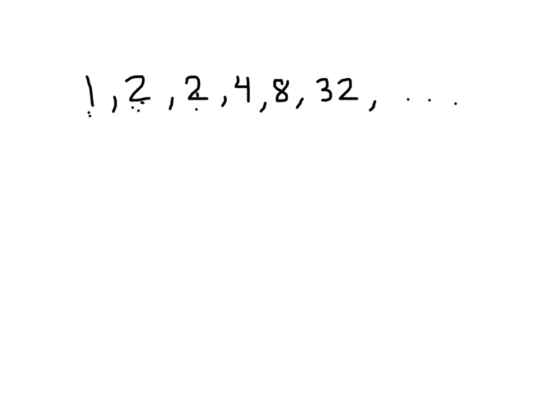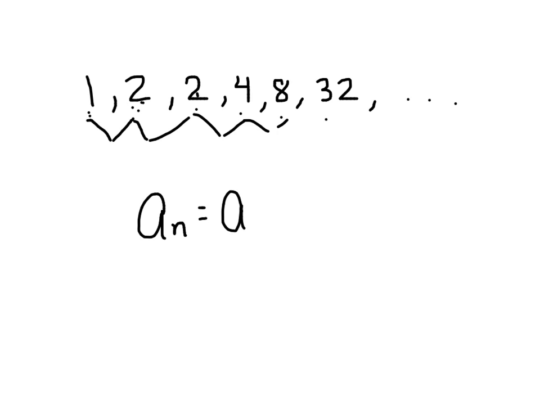So let's look at it this way. If I do previous answers, 1 times 2 equals 2. 2 times 2 equals 4. 2 times 4 equals 8. 4 times 8 equals 32. I've got the previous 2, but this time I'm not adding, I'm multiplying them. So my a sub n would be a sub n minus 1, the previous, times a sub n minus 2, the second previous. And because I need 2 of them, you've got to tell the person